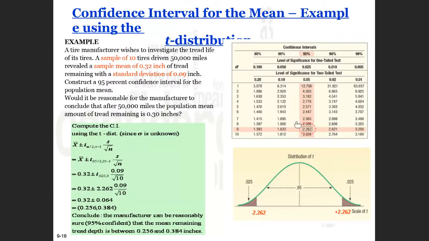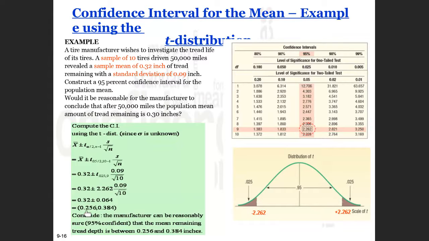We look at the table on the right side. We have 9 degrees of freedom. We're looking at a 95% confidence interval. We have a number of 2.262. If you look on the graph, this is where 2.262 is on the right side. On the left side, it's over here. Okay? So you end up with,